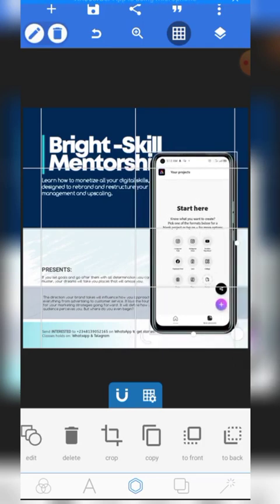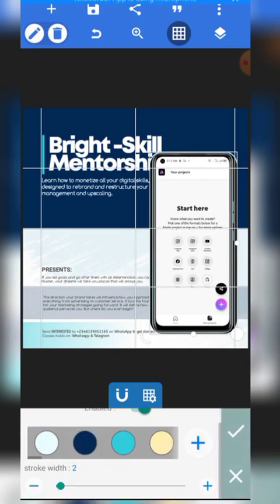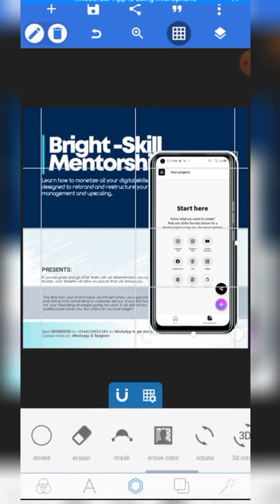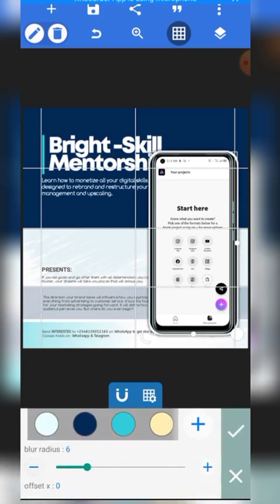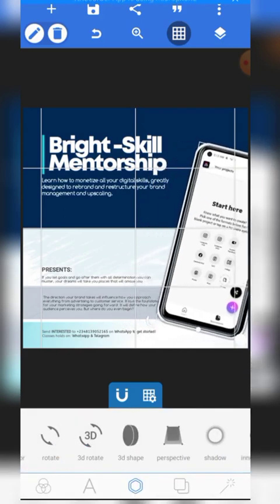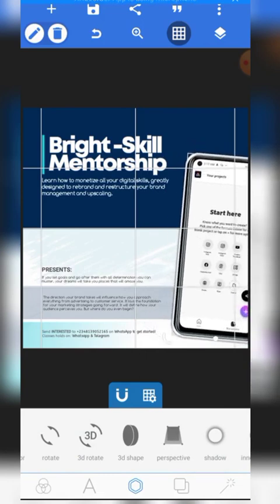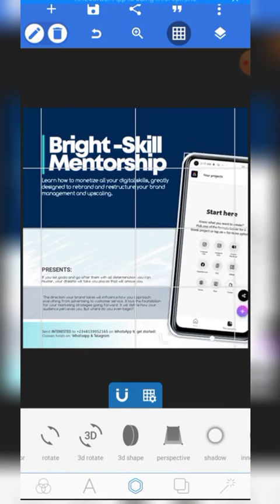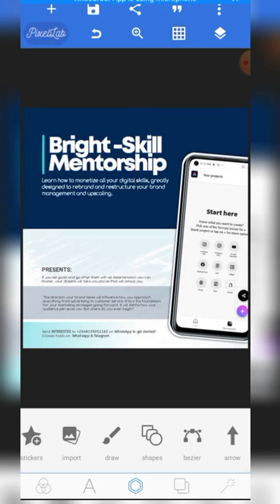I'll just go ahead and give this shape an outline, a stroke. So the stroke width should be 4. Then I will go ahead and give it a shadow. I will reduce the shadow to 5. So I will rotate this particular cell phone until I form this angle. Then I will leave the smartphone, right? So now our design is